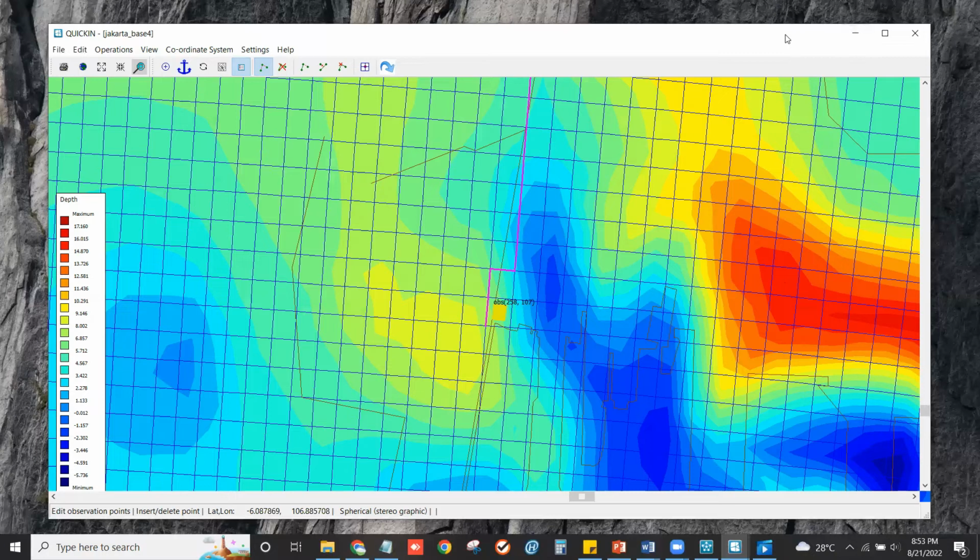Maybe you can analyze what the difference is if you use method A or method B. You can compare and analyze.